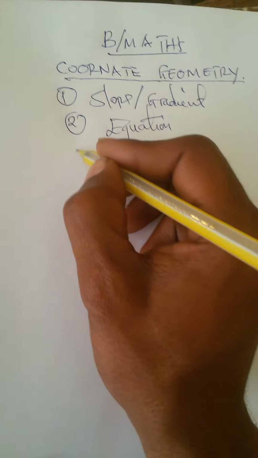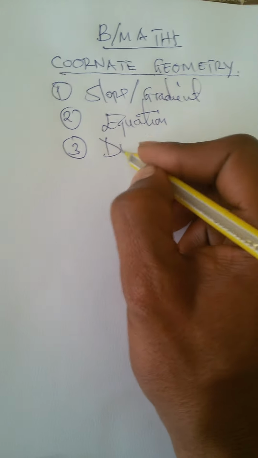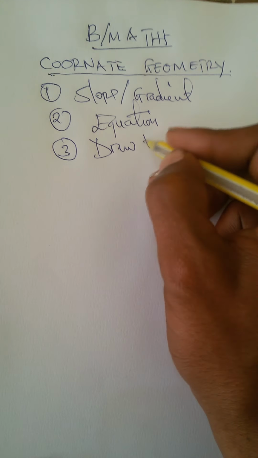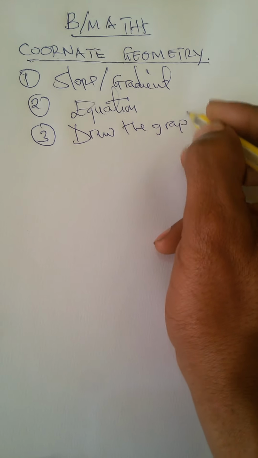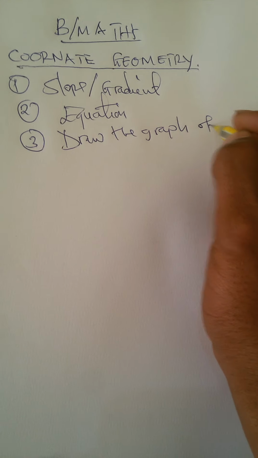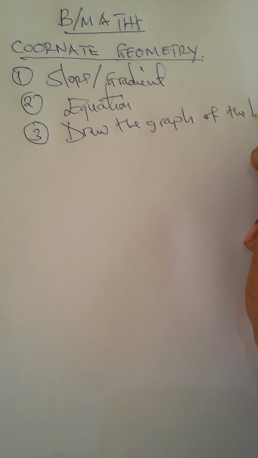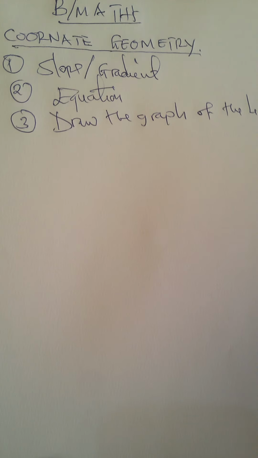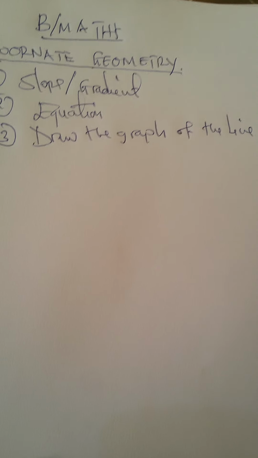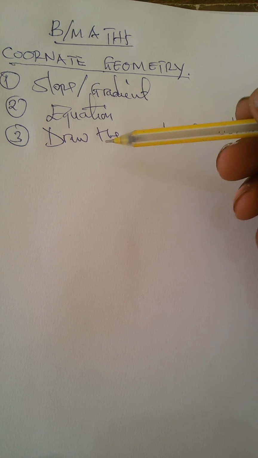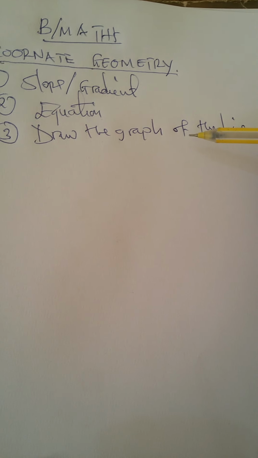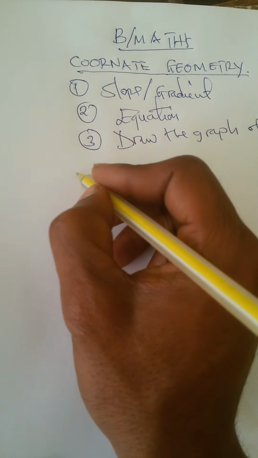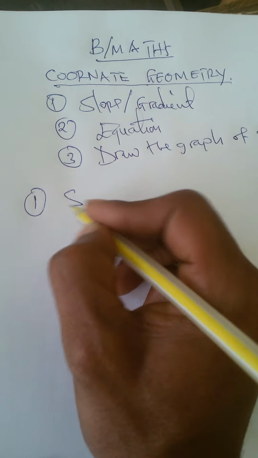After that, we're learning how to draw the graph of the line. Through that, you learn how to find the slope, the equation, and the graph of the line. For today, we're going to start with slope